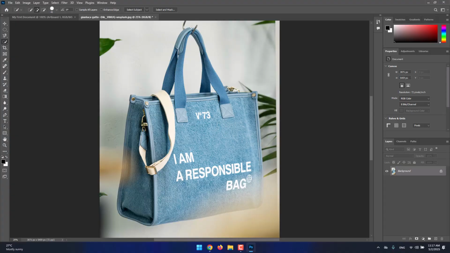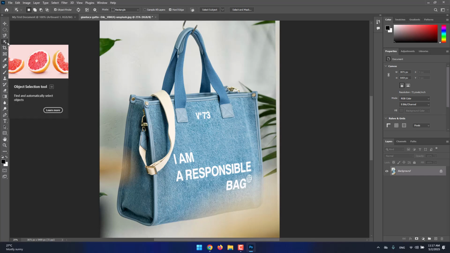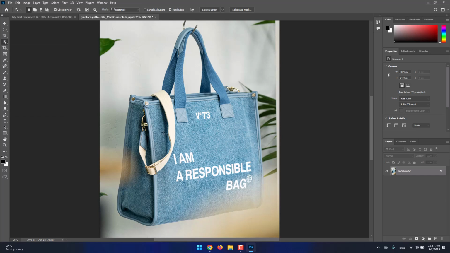And go to the next tool that we have over here, which is Object Selection Tool. So Object Selection Tool is a very new one inside Photoshop. This is actually also very cool. I do really like it. So how Object